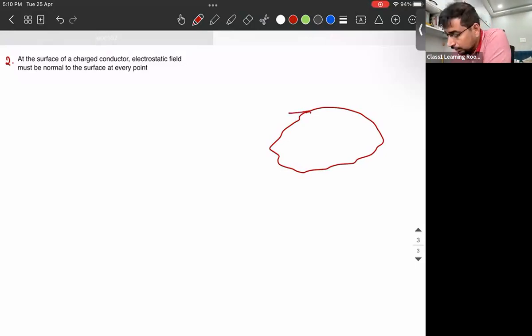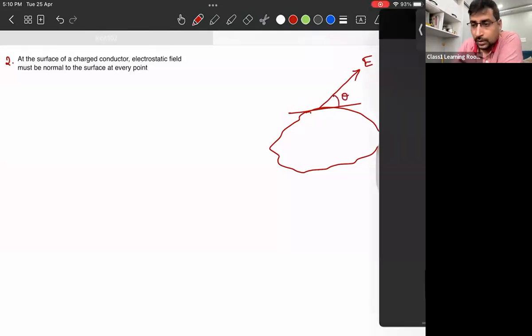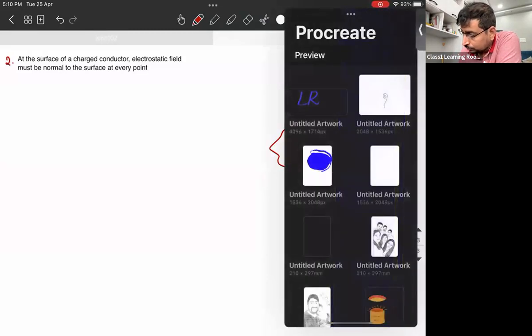Let's see. Suppose I draw a tangent at this point, and let's say there is an electric field existing like this. Let me call it E, which is making an angle theta with respect to the horizontal. Now this E can be resolved into